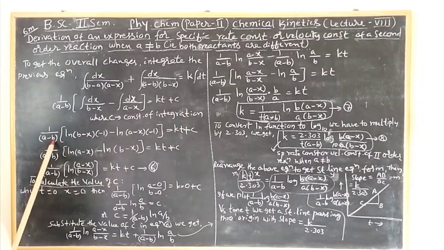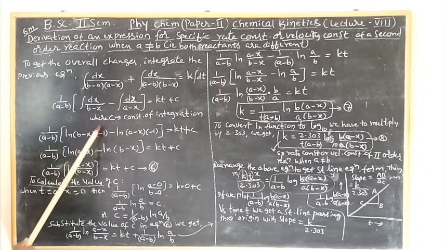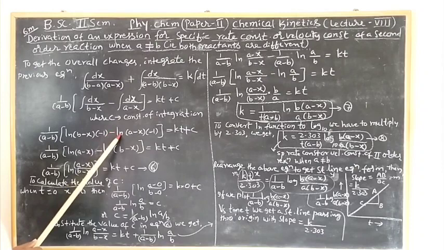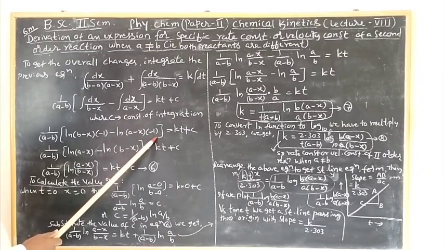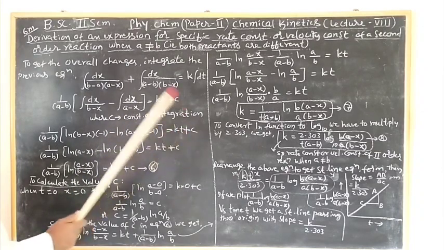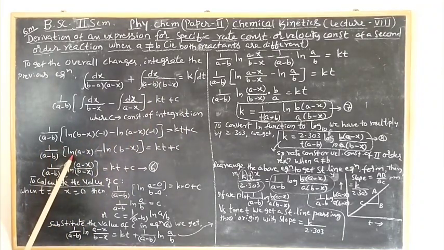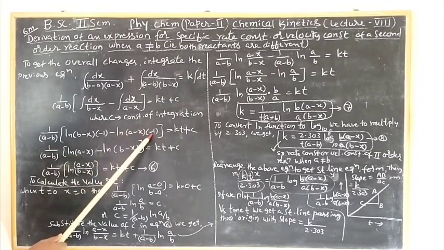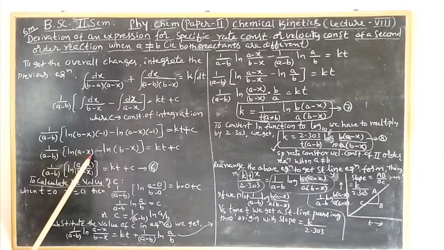1 by (a minus b) into, after integration, we get ln(b minus x) times minus 1 minus ln(a minus x) times minus 1 is equal to kt plus c. 1 by (a minus b) into ln, since minus into minus is plus, taken first, ln(a minus x) minus ln(b minus x), because this is minus here, is equal to kt plus c. 1 by (a minus b), and since log a minus log b is equal to log a by b,